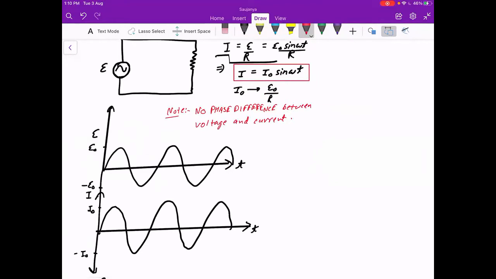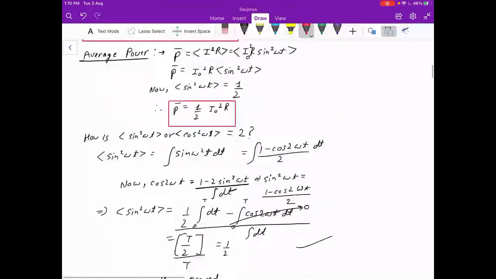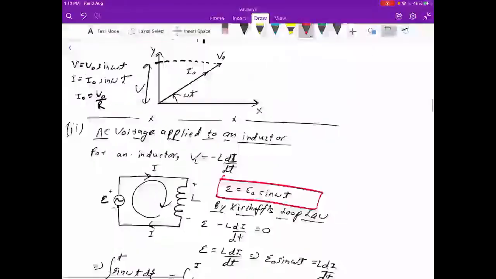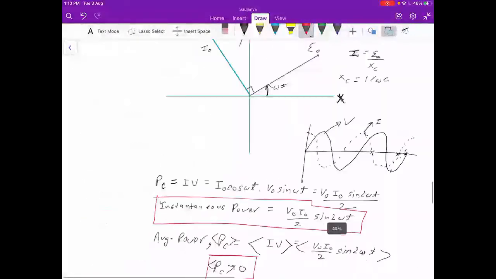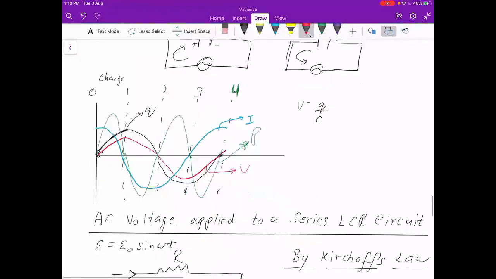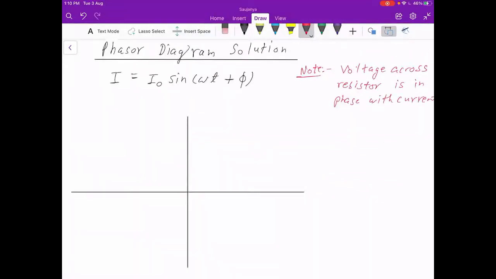A capacitor leads to a voltage phase difference of pi by 2. So does an inductor. But in a resistor, there is no phase difference. That's the nature of the resistor. So there won't be any phase difference if you use a resistor. Along the same lines, if you take omega t plus phi as the phase of the current, then that would also be the phase of the voltage across the resistor, or vice versa. Do you follow?